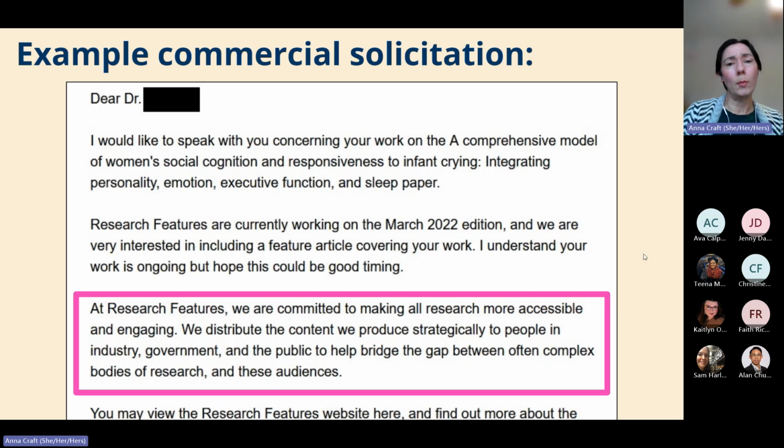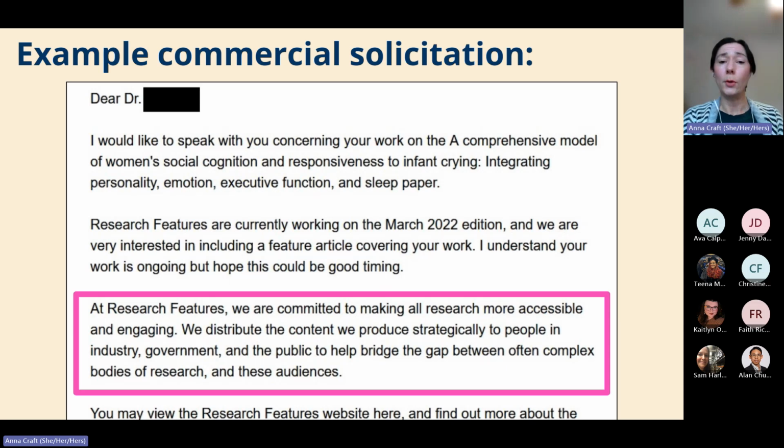So here's an example of a commercial solicitation. What they're telling us here is, we are committed to making all research more accessible and engaging. We distribute the content we produce strategically to people in industry, government, and the public to help bridge the gap between often complex bodies of research and these audiences. So this is not a scholarly opportunity.